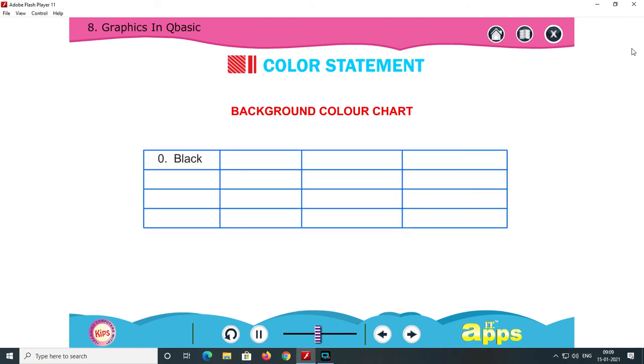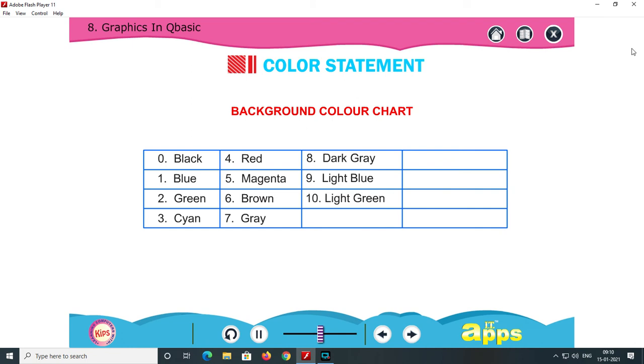In the chart, number 0 is for black, 1 is for blue, 2 is for green, 3 is for cyan, 4 is for red, 5 is for magenta, 6 is for brown, 7 is for gray, 8 is for dark gray, 9 is for light blue, 10 is for light green, 11 is for light cyan, 12 is for light red, 13 is for light magenta, 14 is for light yellow, and 15 is for white.